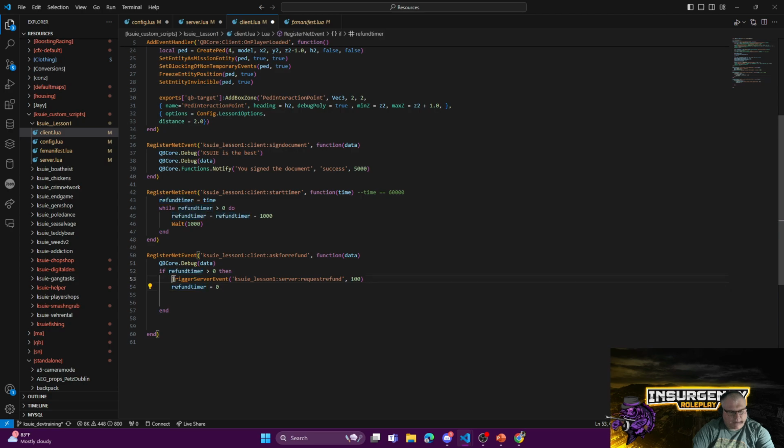So we're going to have to trigger a server function, and the name of that is going to be request refund, and the amount that they're going to request is $100. It could be any number we want here. We could define a variable and send a variable, but for this example, we're just going to tell it they paid 100, they get back 100, but then we're going to immediately set the refund timer to 0,